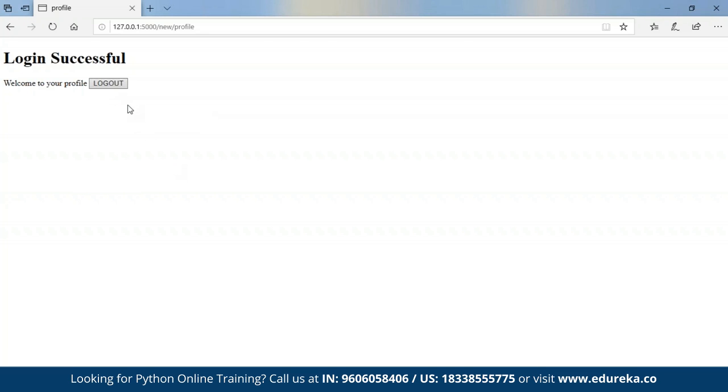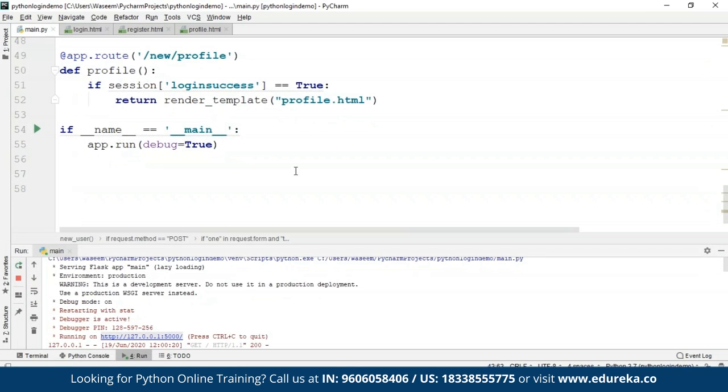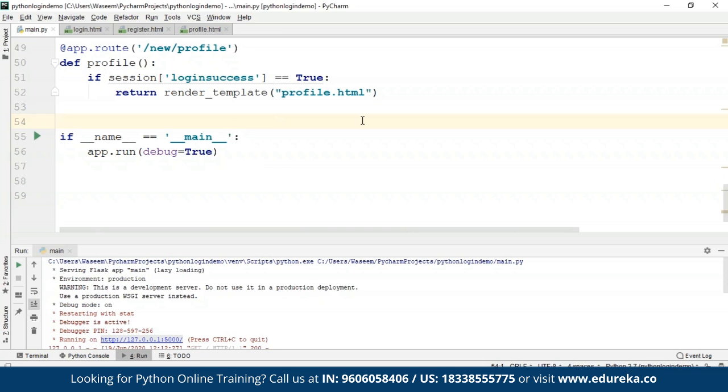Alright, so last time I made a login, the session is still there. So for that you have to delete the session after you log out. So you can add just one more aspect there, where after logout you want the session to be destroyed or deleted. Now to make the session disappear after you log out, you can make another route, and this will be, let's say, logout new, or we'll call it new profile logout, or let's just call it